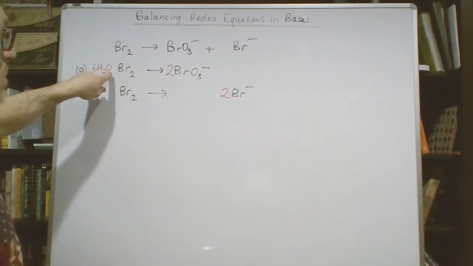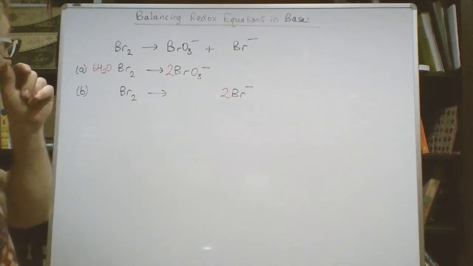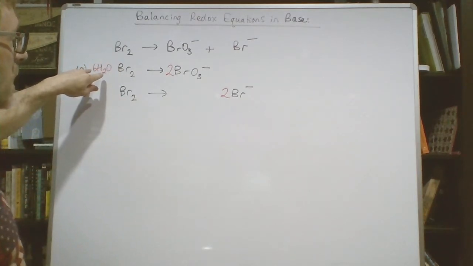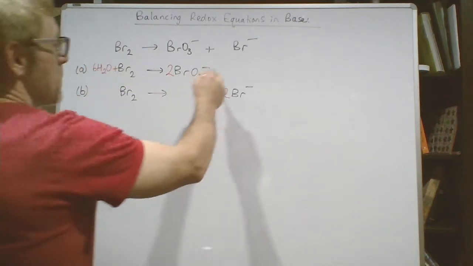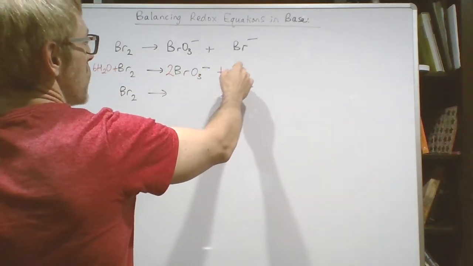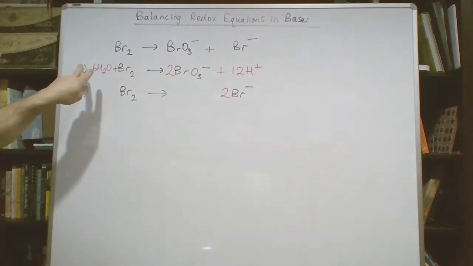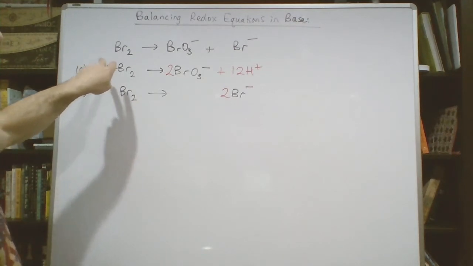I've got now 6 oxygen. But in doing so, I've added 12 hydrogen. So as before, I'm going to go back in and I'm going to add 12 protons, because I had no choice but to add those 12 protons here, but now I've got to balance them with